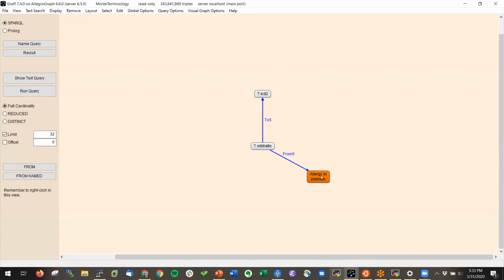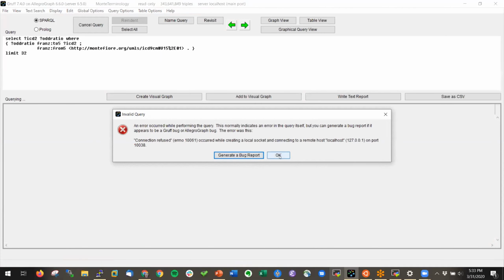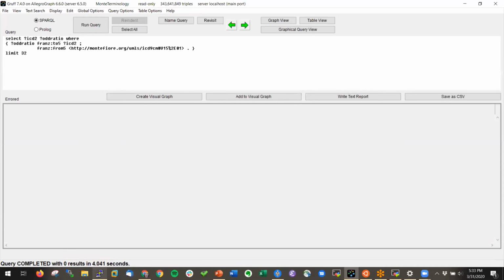And so, for example, now we can look at what are the highest related symptoms for allergy to peanuts. And so this is the SPARQL query. You can, by the way, also do it as Prolog. I run the query, and then my system ran out of